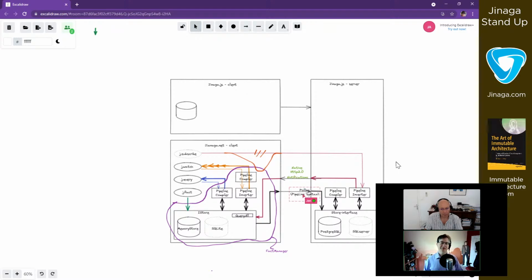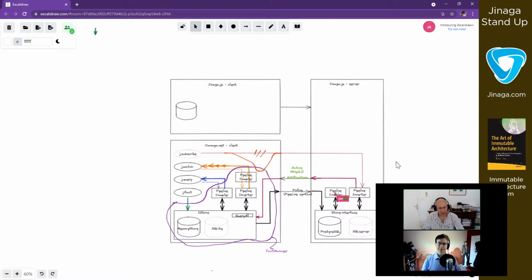So I would say that the pipeline deserializer is probably not an architecturally significant component. It's just something that converts text into objects. So yes, I think the way that you've got it drawn there is accurate, because it's just taking that pipeline and sending it to the store, and the Postgres store is converting that pipeline into SQL, executing it, and giving you back the results.